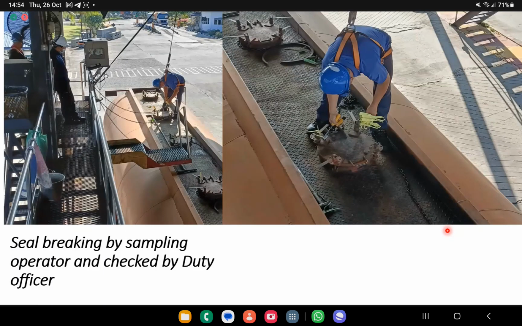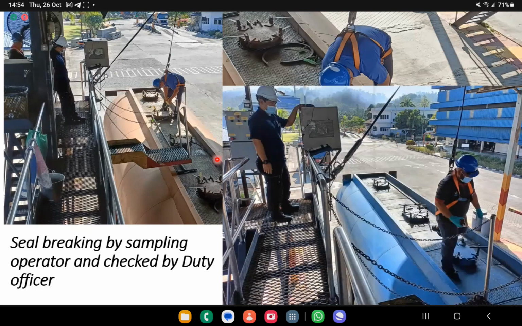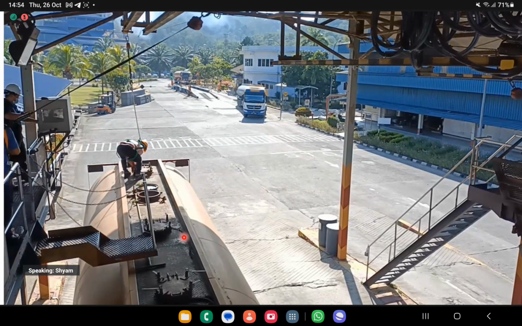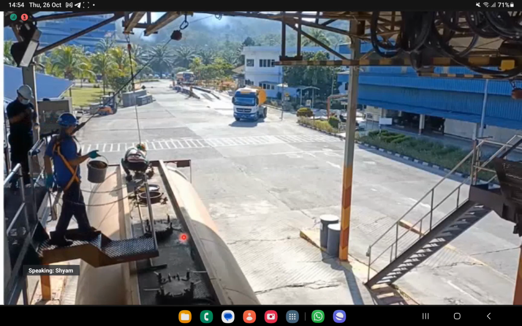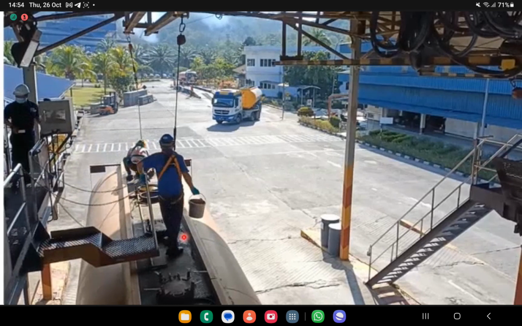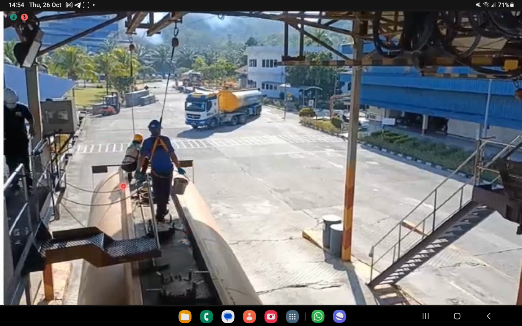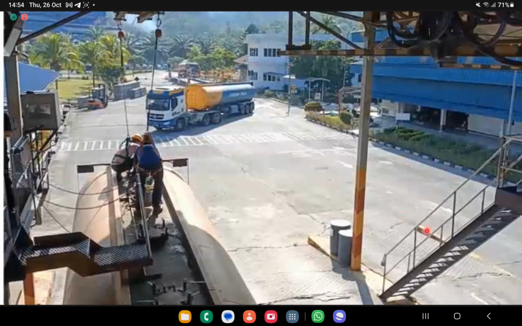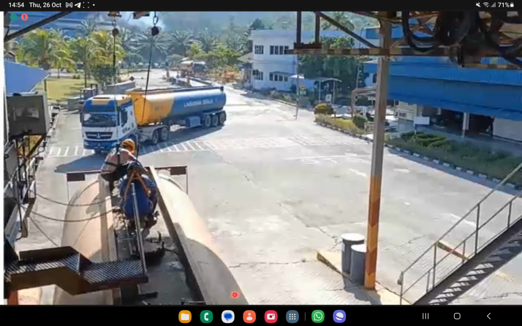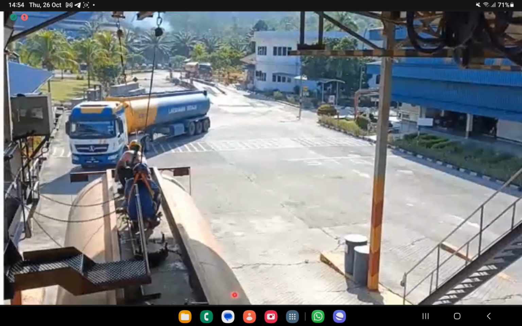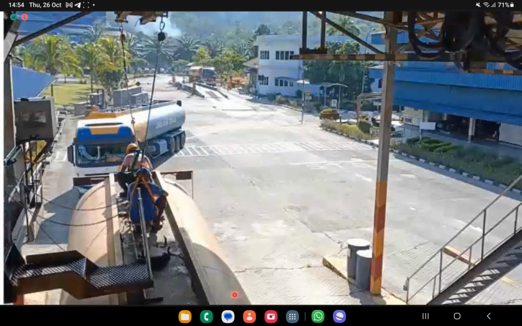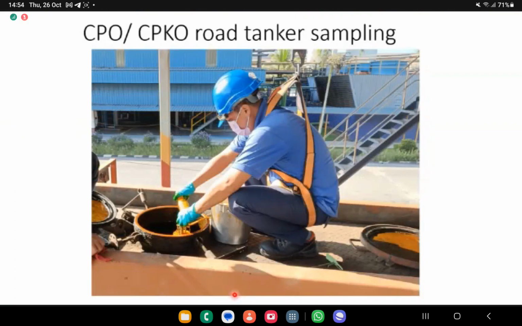Checking and also seal breaking are attended by the sampling operator together with the duty officer. Watch a short video showing the tanker moving into the sampling station while another tanker is waiting for sampling. Okay, sampling going on, a tanker is coming in. By using a stainless steel sampling can, the sampling operator started to collect a composite sample and also the bottom sample from